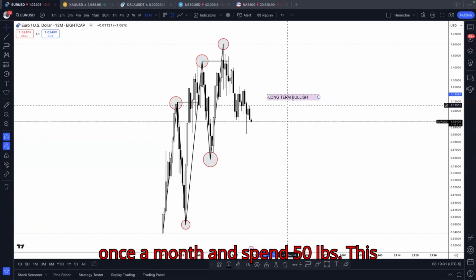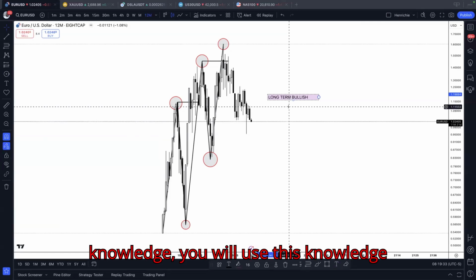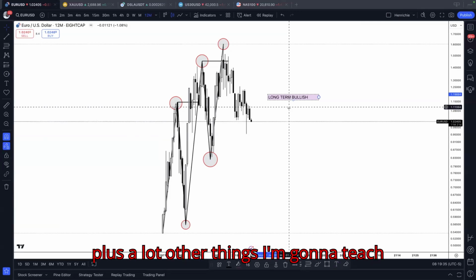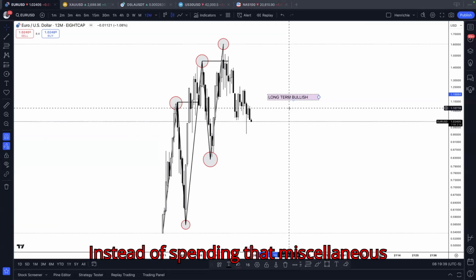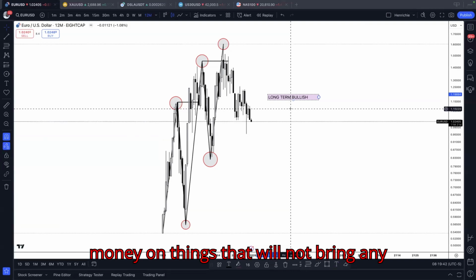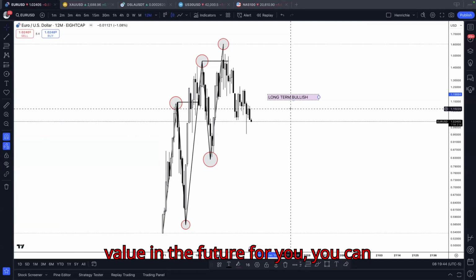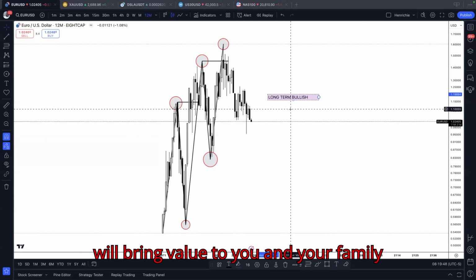50 pounds. You will use this knowledge, plus a lot of other things I'm going to teach you, to learn to invest instead of spending that miscellaneous money on things that will not bring any value in the future for you. You can actually use it to invest in things that will bring value to you and your family in the future. Because